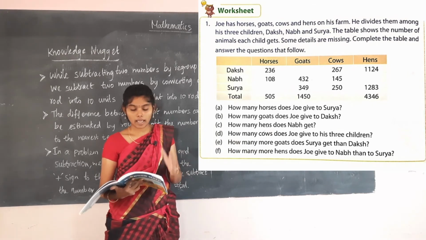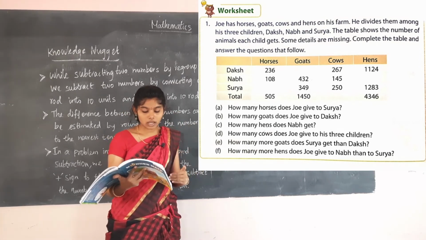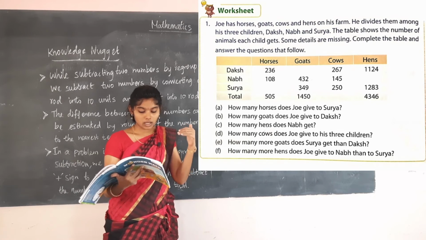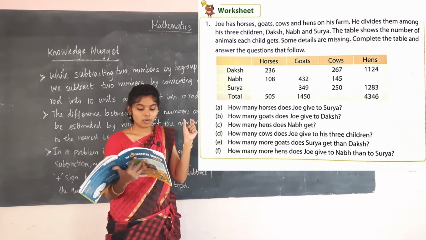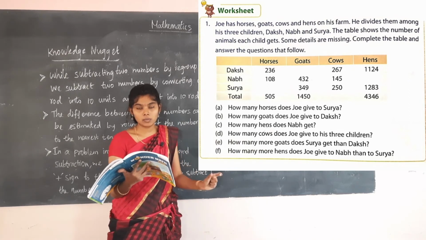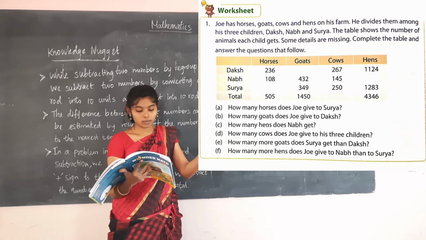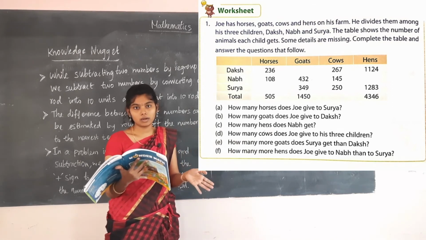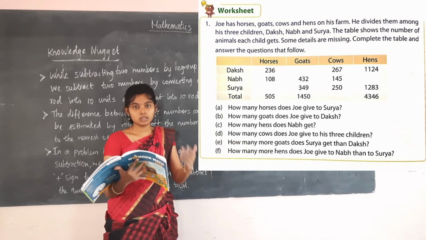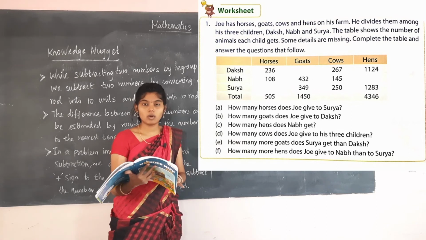So there is a table, and you are going to find the missing terms there. Below that there are a few questions. By seeing the questions, answer in the boxes that are given. While you are finding the answers to the questions given below, you can fill them in those boxes. It is easy for you. We are going to subtract some numbers and you are going to add some numbers. First we have to add, then only you have to subtract the number. So with those rules, do that worksheet problem.